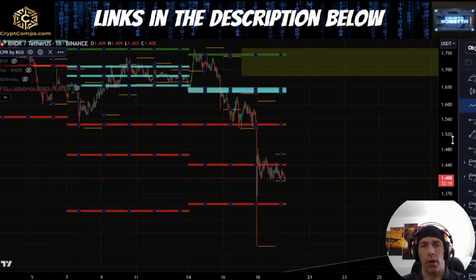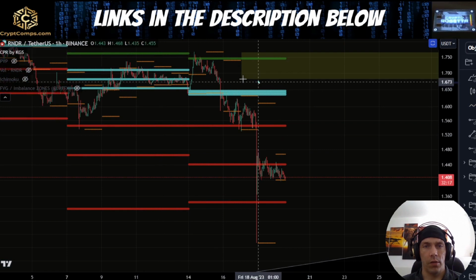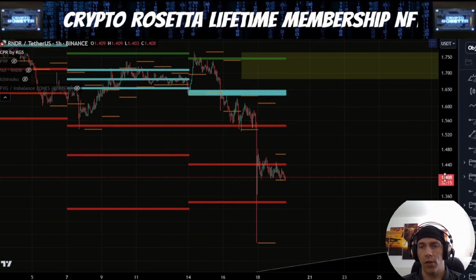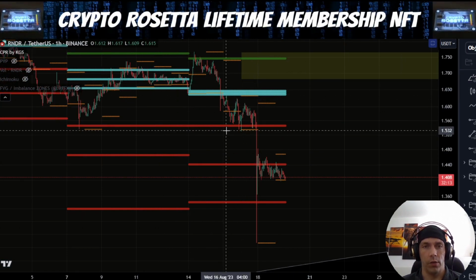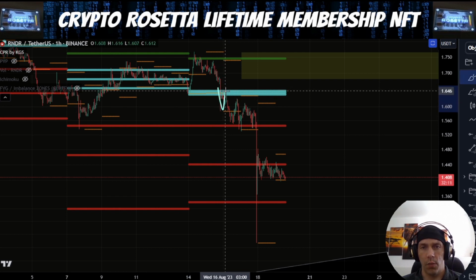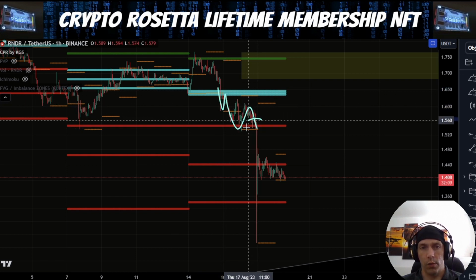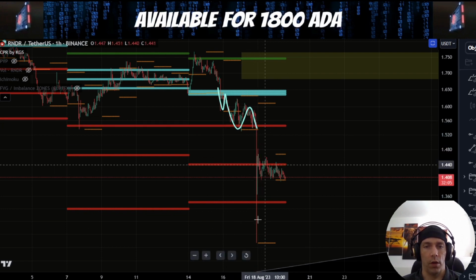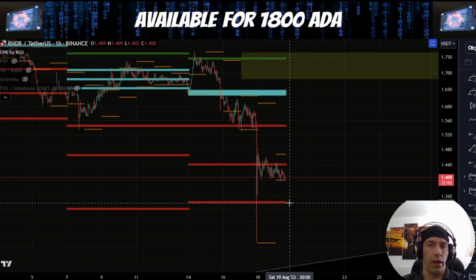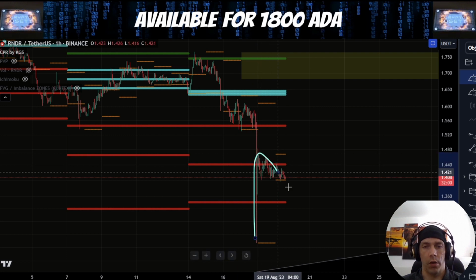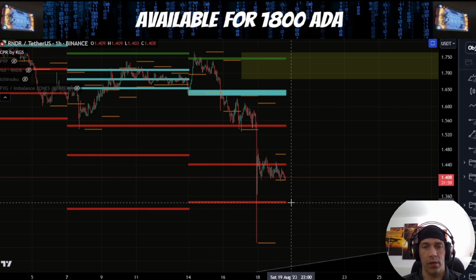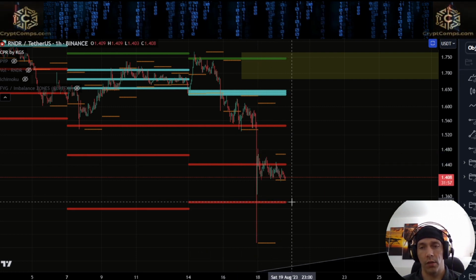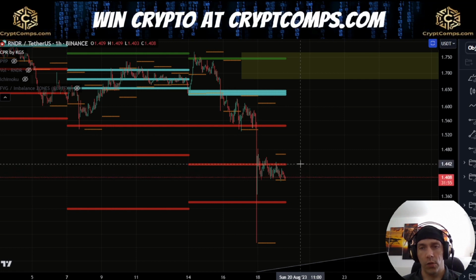Now, if we have a look at the weekly CPR lines here, we can see that these were very tightly spread here, indicating volatility, and we did see this. We came underneath them, moved up into them, moved down towards our S1 line. We lost this as support, and there was a big sell-off down through our S3 line. Now, we have moved back up here, and we are currently back above this S3 line. This can potentially be support for this week at this 134, and this could also still be resistance here at